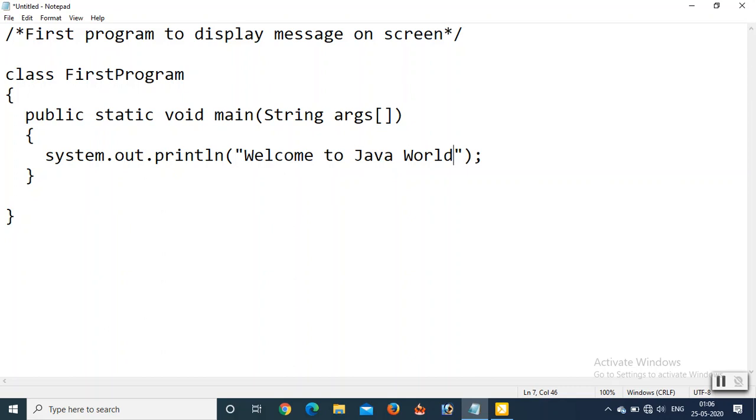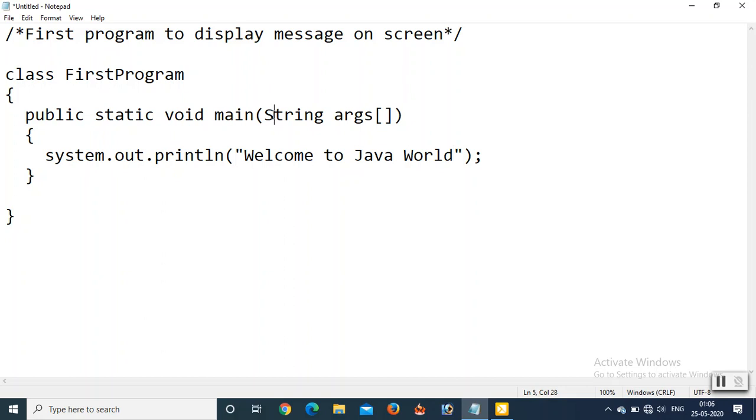One thing that I want to tell you is that in a Java program, two things must be in capital letter.